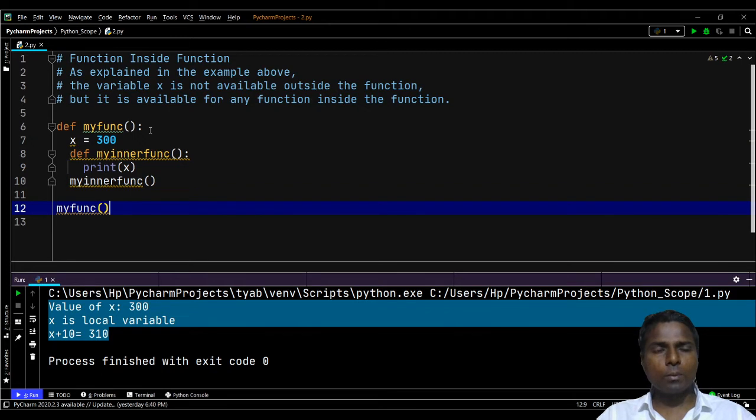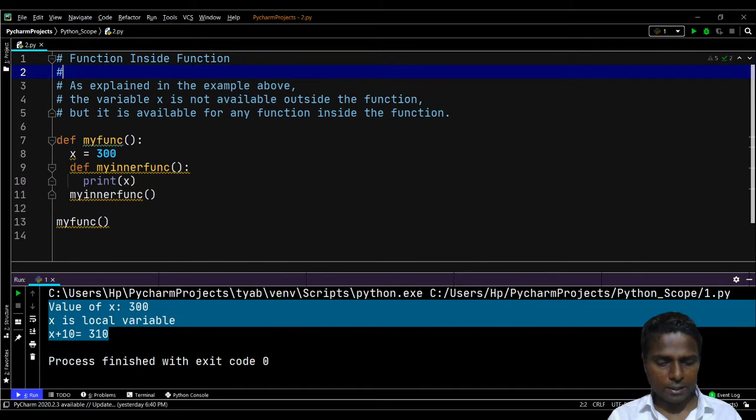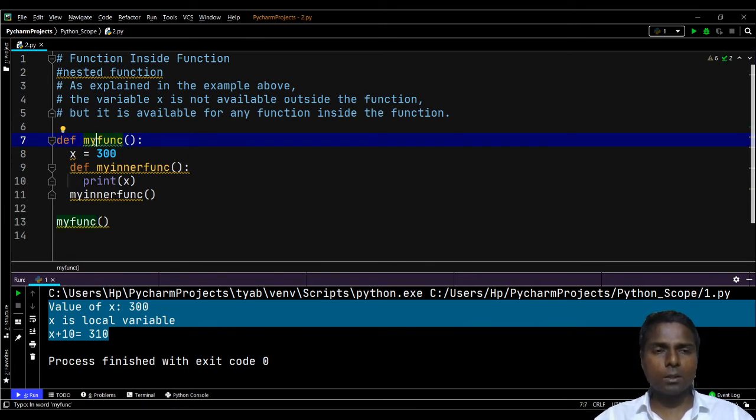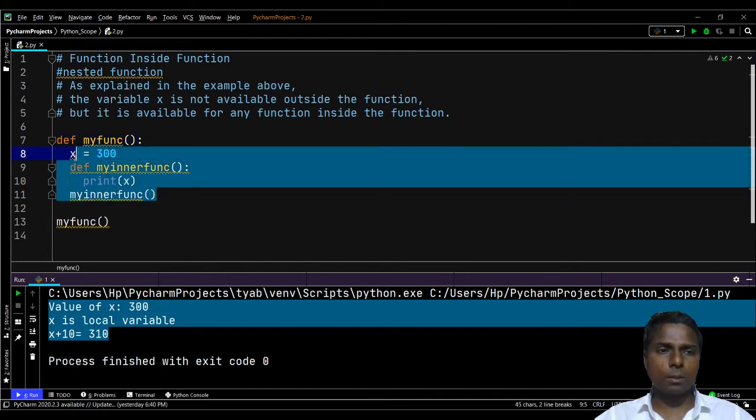Now this is the program where we'll be understanding function inside function. We can call it a nested function, because we have seen the nested if statement. Similarly, nested functions are possible in Python. So here, def is the keyword with which myfunc is the first user defined function, and the colon represents the start of the body or block of the statements. This is the definition of the myfunc function.